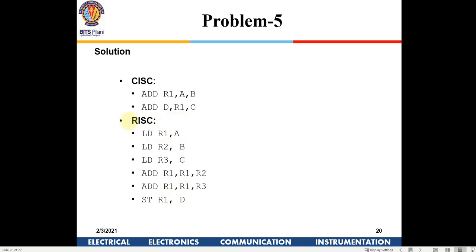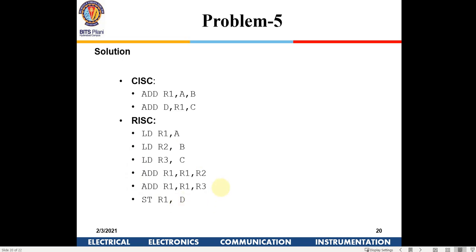Like I said in the theory class, RISC is what most of our mobiles use, and the CISC architecture is used mostly by computers. CISC has a complex set of instructions, so the programming is easy. RISC is very fast because it is a simple architecture, but it has a limitation: you can't write very complex programs.